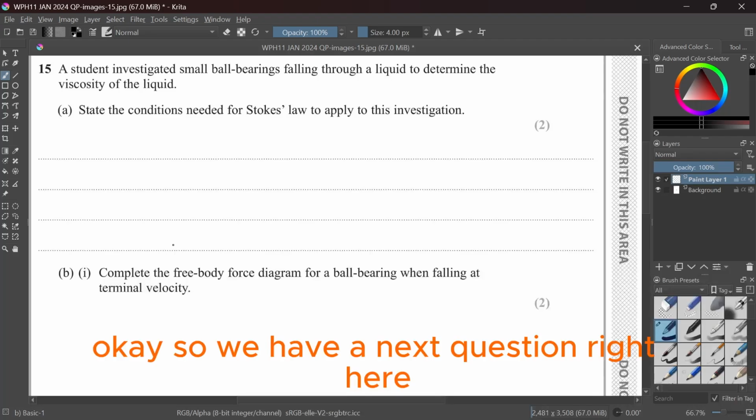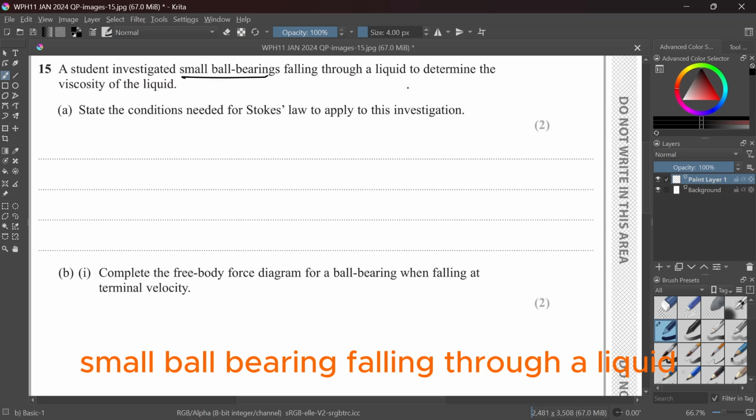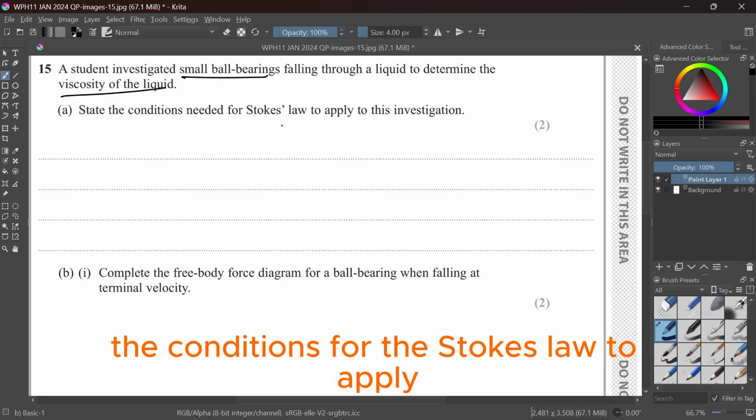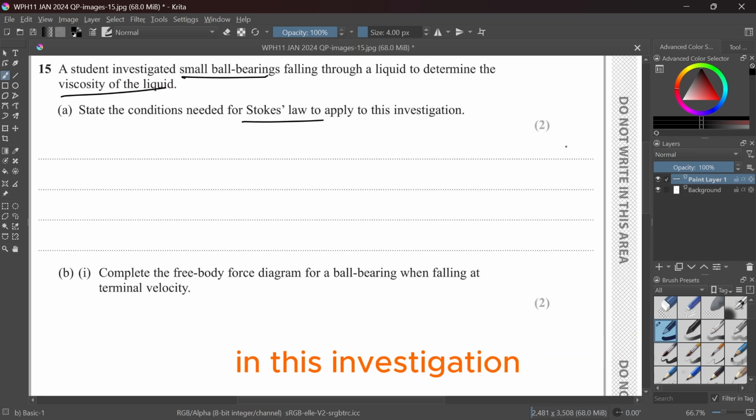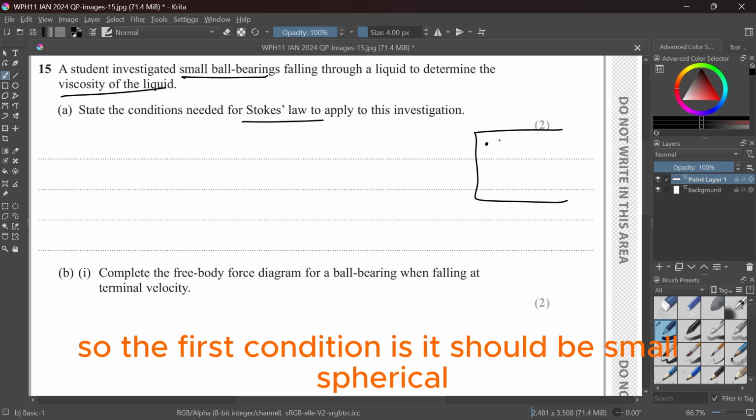Okay, so we have our next question right here. It basically says that a student investigated a small ball bearing falling through a liquid to determine the viscosity of the liquid. State the conditions for Stokes' law to apply in this investigation. So we have only three conditions right here. The first condition is it should be small,